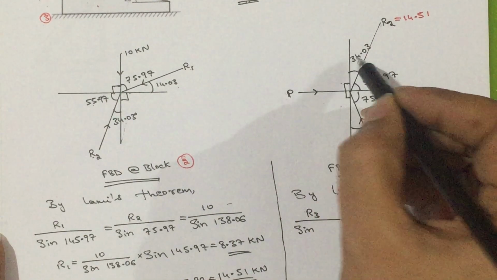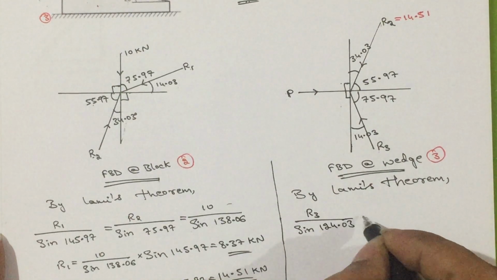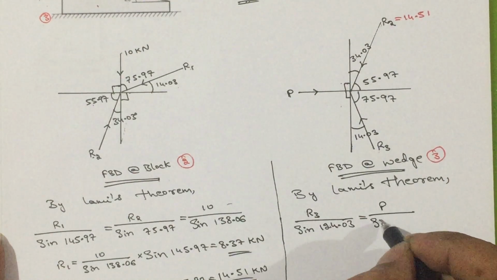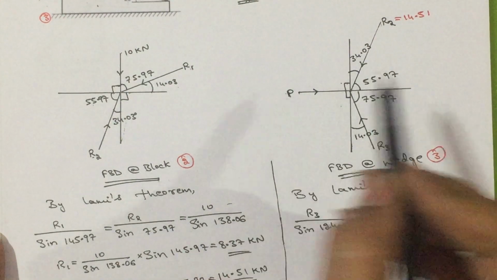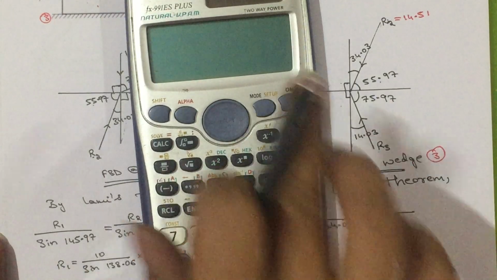The angle between them is 90 plus 34.03, that is 124.03, that is equal to P divided by sine of the angle between these two forces, that is 55.97